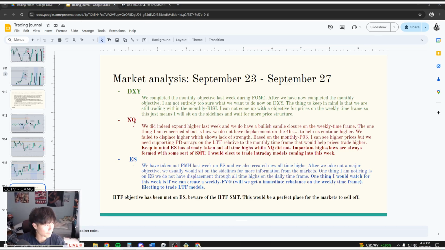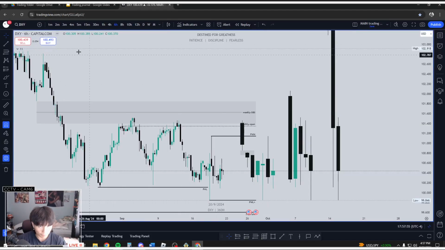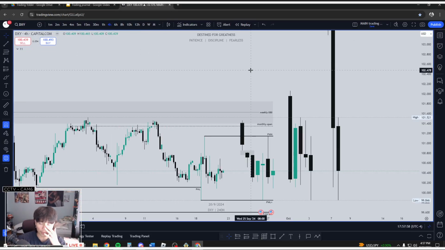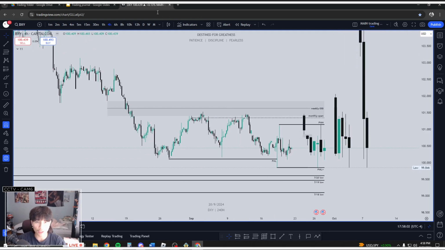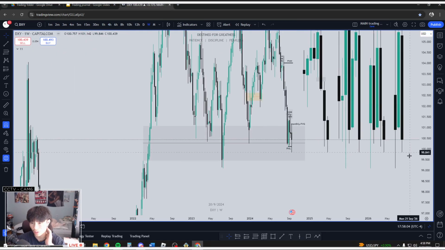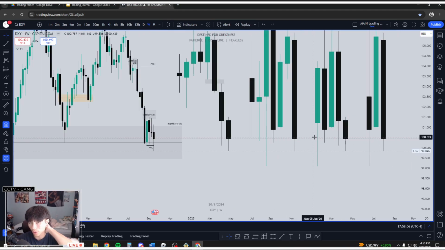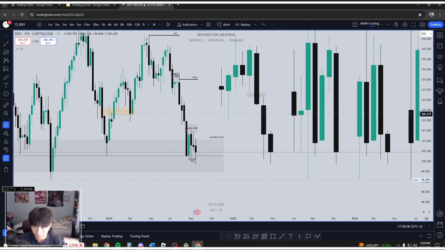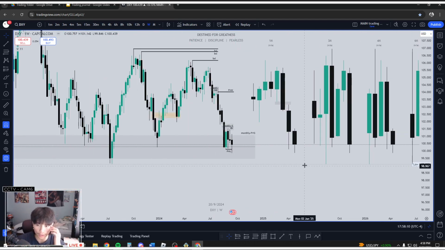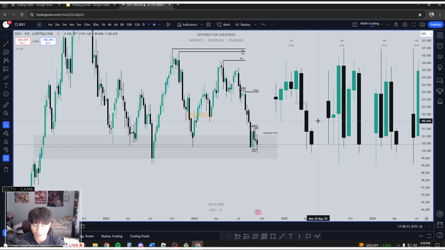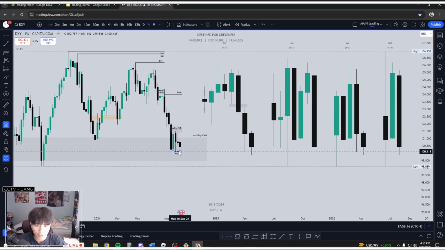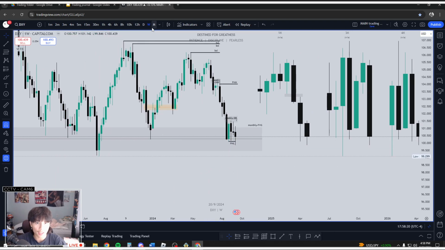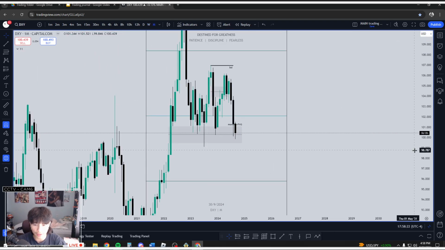If you guys have watched some of my weekly market outlooks, I always start on the dollar, and I'm always going to be on the higher time frame here. So our monthly objective on the dollar has been met. We did take out the previous month's low, which we were anticipating prices to take. So we took out the previous month's low, and now we are trading within